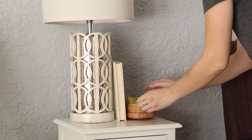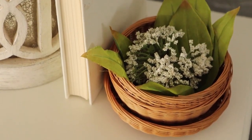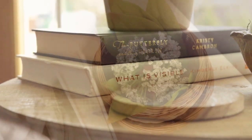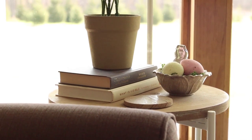I very rarely will keep the cover that comes with it because I really like that old, muted color on the actual book underneath. And another thing that I really love is a lot of those books have the words on the spine in a gilded tone, so it just adds to that antique look and makes it look really authentic. Another place that I found some really old books is estate sales or yard sales,